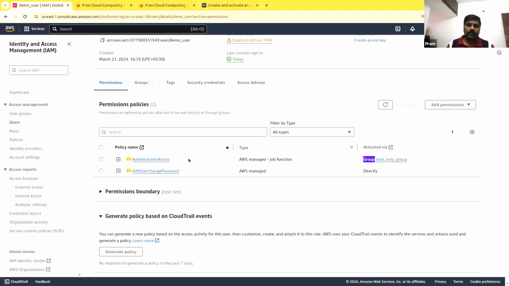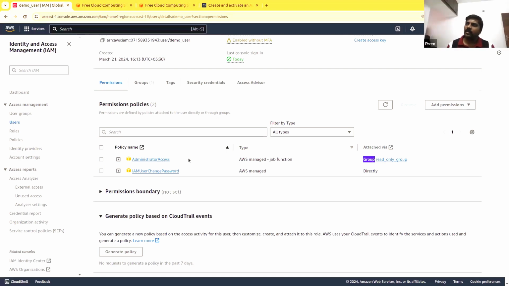Any other questions, guys? Prem, one more thing. You said thousands of policies, right? In real time, if the user has to use AWS, they must know what each policy means, because only then can they attach that policy to the particular role. Correct.